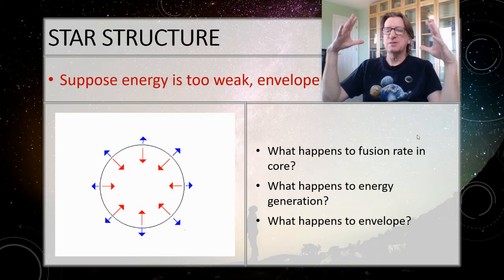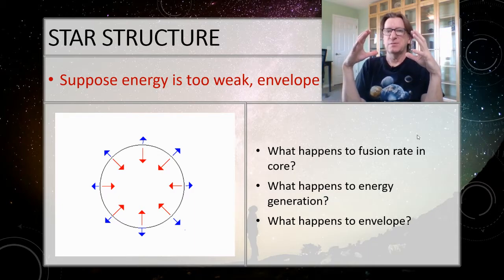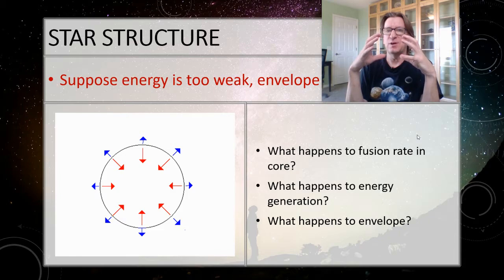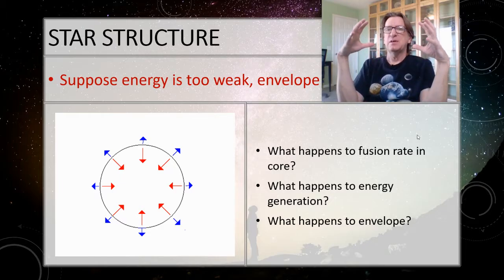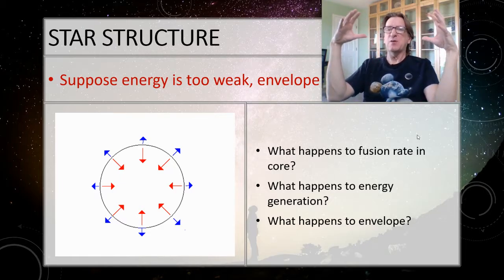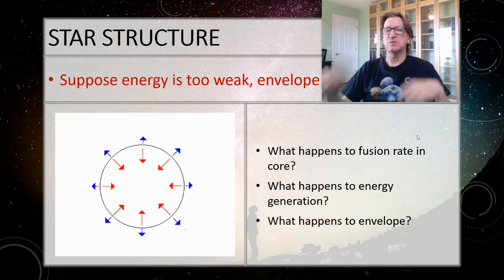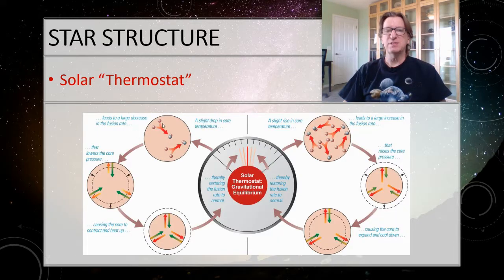So what's going to happen then to the envelope? It was squeezing down. What's going to happen to the envelope? Pause the video, circle your answer. Okay, well, as that energy picks back up, it's going to start pushing the envelope back out. So it's going to stop that collapse. It's going to start pushing out. So this acts as a thermostat that keeps the sun stable.